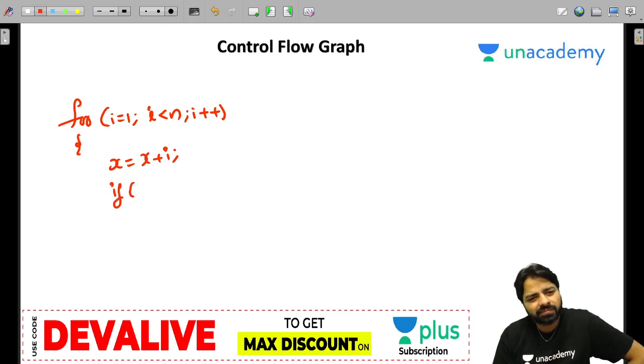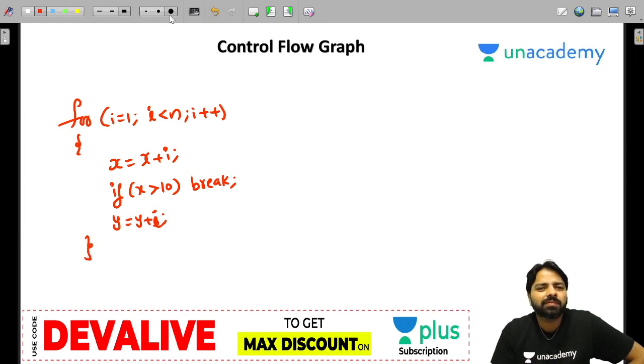If x greater than 10, let me write a break. Otherwise y is equal to y plus i, or multiply. Look at this code.